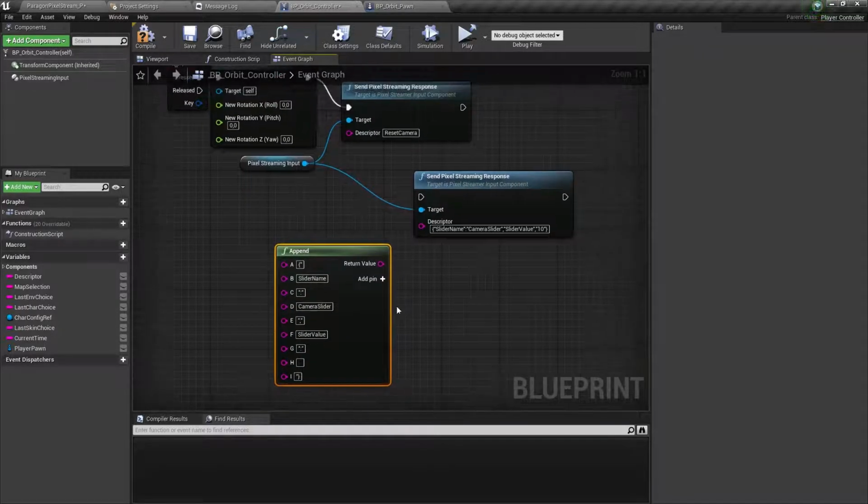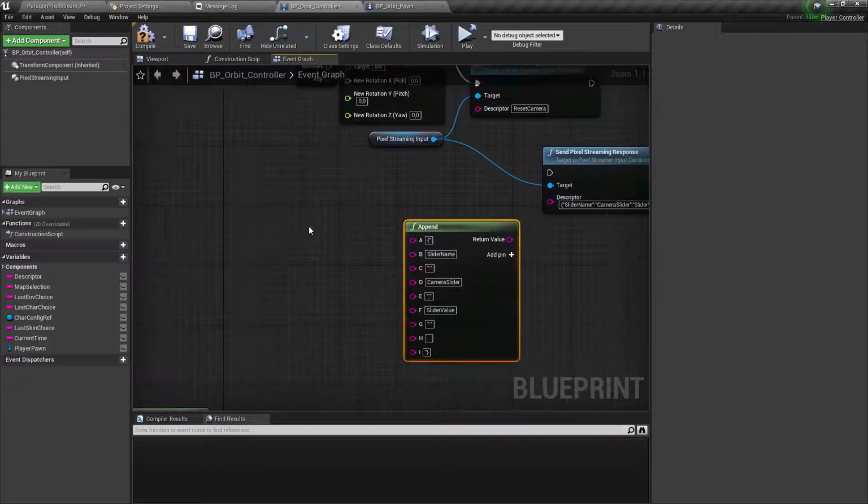So we might see that this is the same. Let me just double check this. So curly bracket, double quote, and the slider name variable, and the value of the slider name variable, the slider value variable, and then we want to join it here.